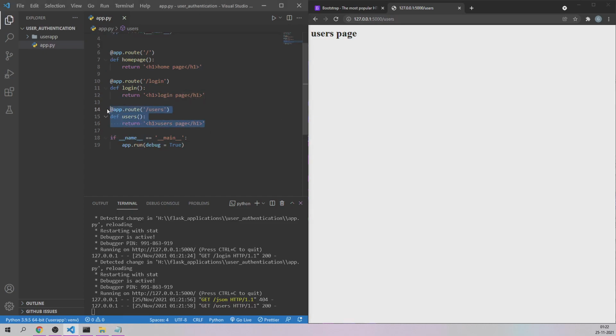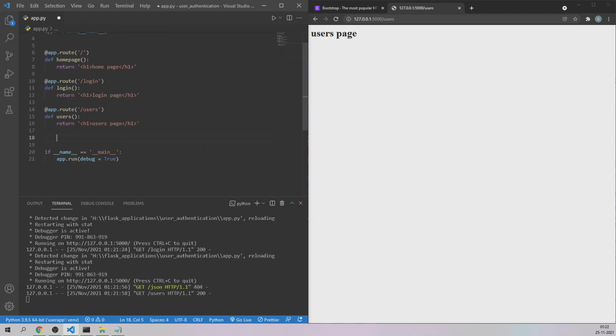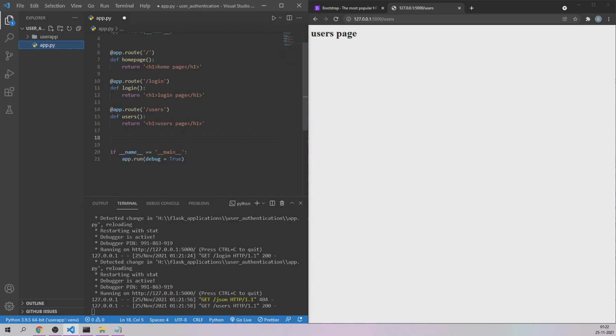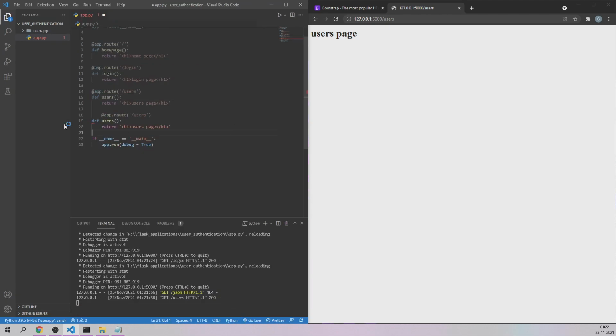And just like this I want to have a logout also. So for that I'm just going to copy this, let me come back here, and let me paste that over here. Let me just decrease the screen size a little bit. Here, to log out of this application, we'll have a route called logout, and it will have a function called logout itself, and it will say logout page. But we don't have a logout page, it has to come back to the home page or something like that. So we'll create an HTML page for that later.